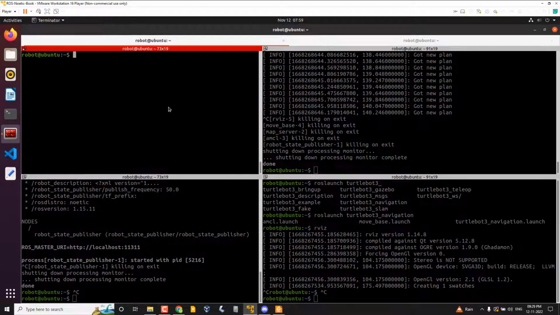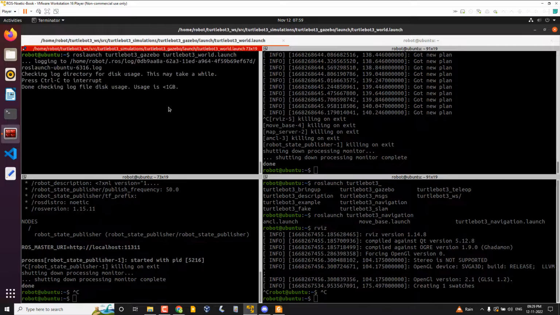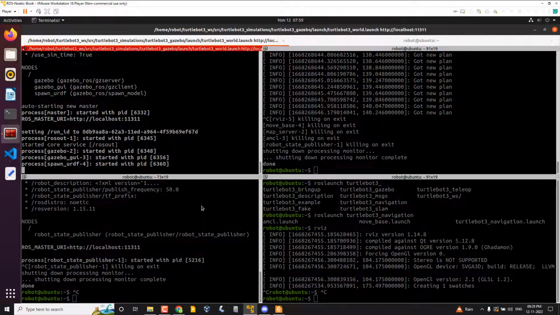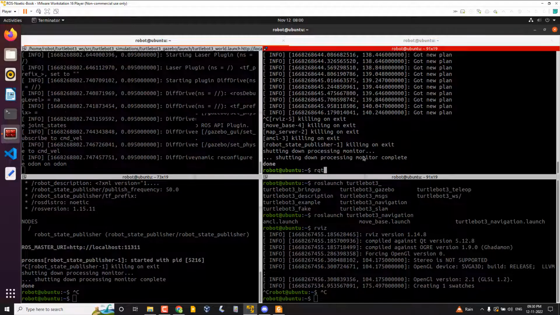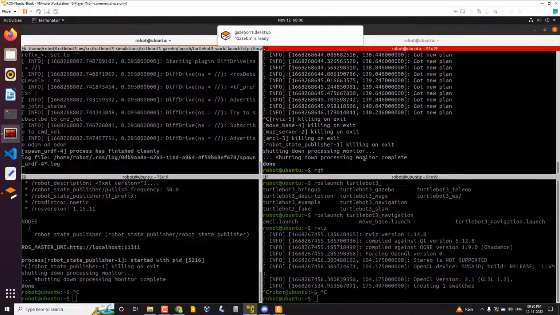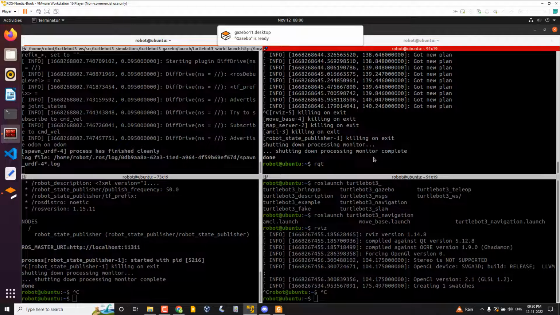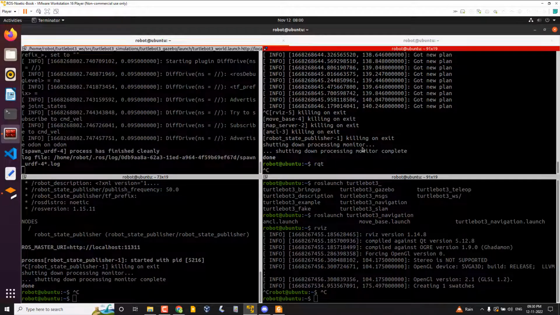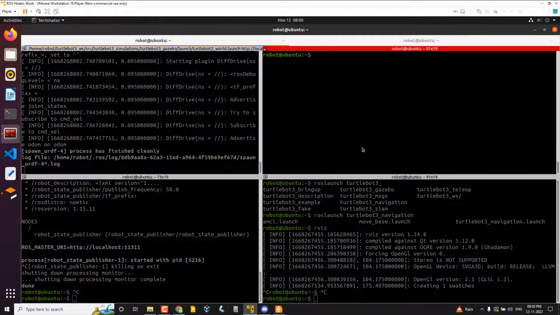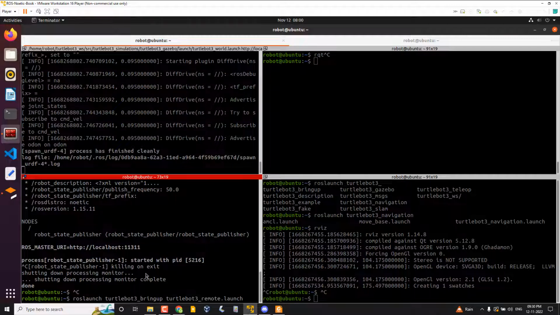When you start the simulation with turtleworld.launch, we can simply check the TF first. That is actually simply launching the simulation. It's not starting the URDF properly. So maybe you have to run turtlebot3 bringup and turtlebot3 remote, which publish the